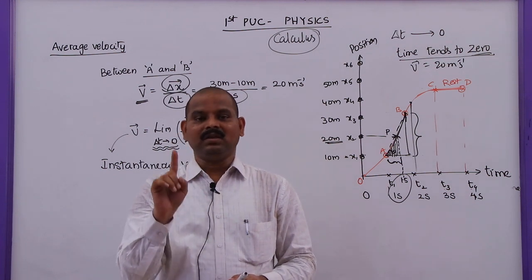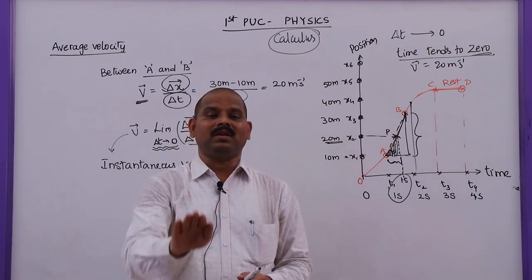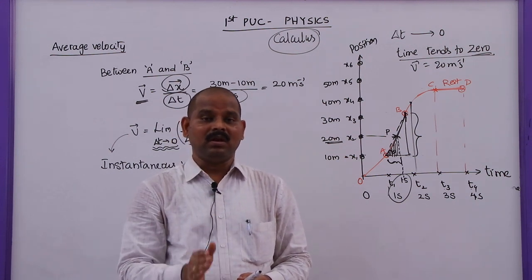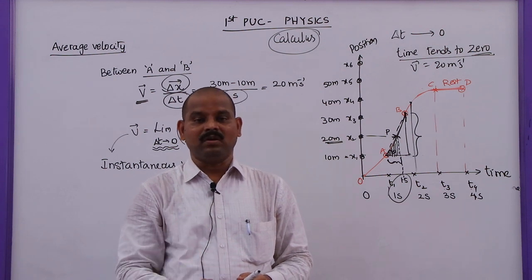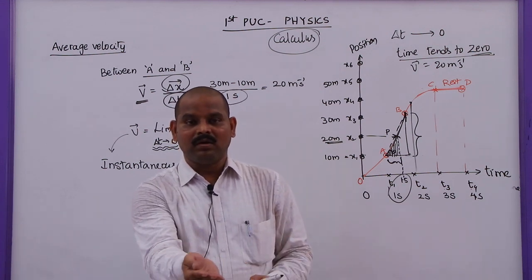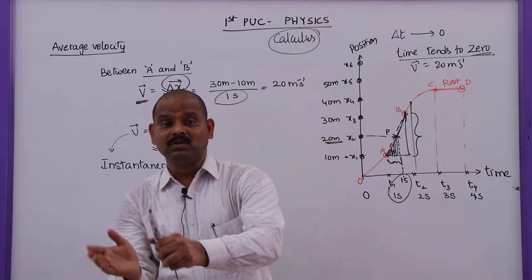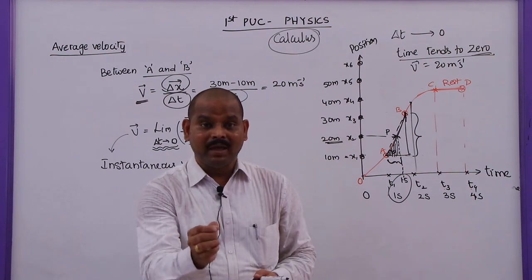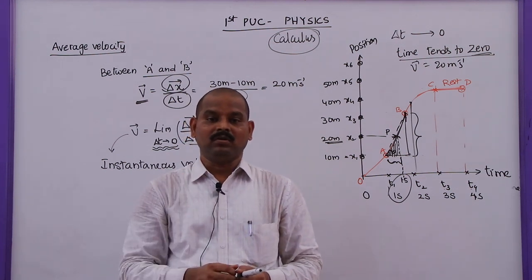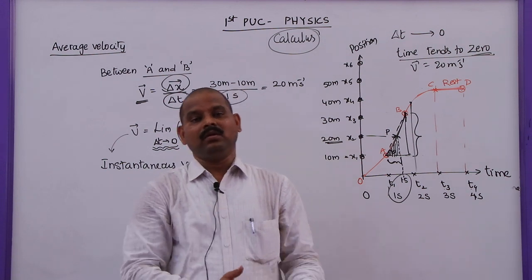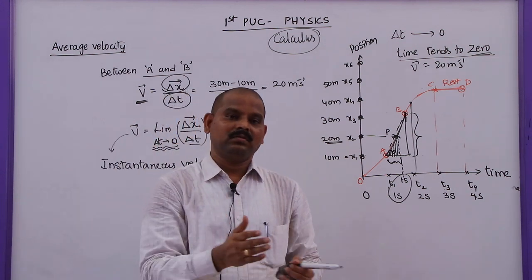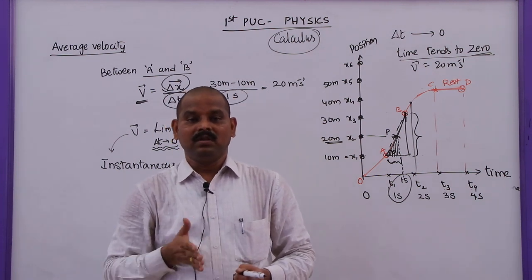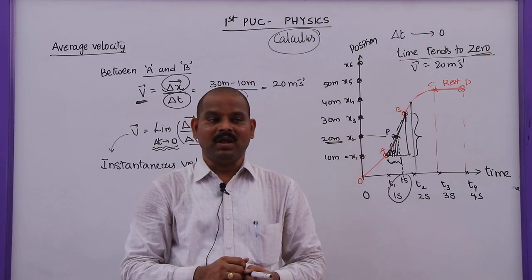Why? Because velocity can be used only if you are moving along a straight line continuously without changing your direction. But in general, in journeys, we will change our direction. Let us say one small dog is coming onto the road, then we have to change our direction. If there is a buffalo on the road, we have to change our direction. Even if there is an ant on the road, we have to change our direction. So here, to save that ant, we need to take a turn. So then the direction will change. Whenever direction changes, we call it distance. If direction is not changing, we call it velocity.